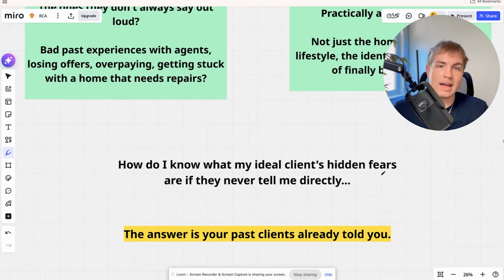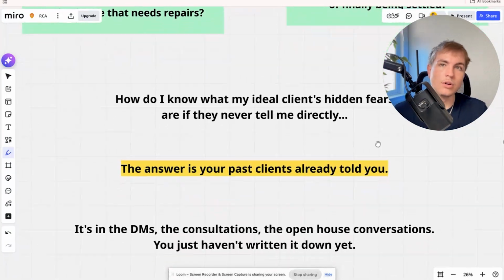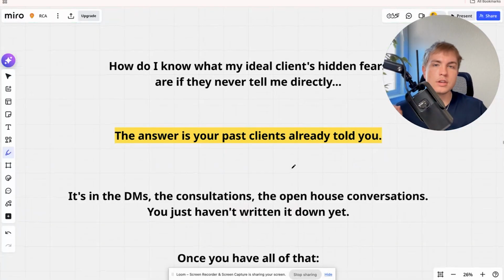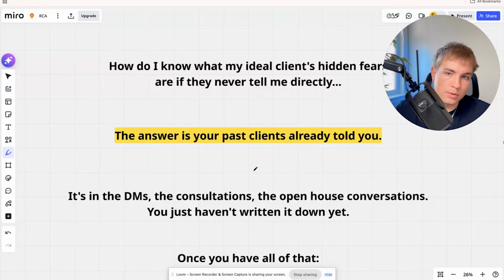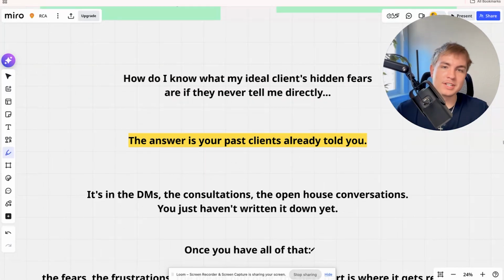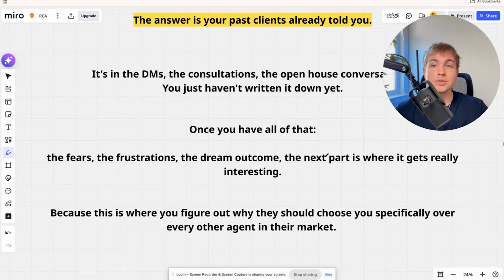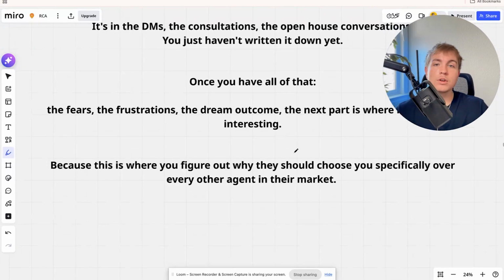And how do you know those fears? You'll only truly understand those when you use answers that your past clients have already told you. It's in your DMs, it's in your conversations, it's in the open house conversations. You just haven't written it all out yet. Once you have all of that, the fears, the frustrations, dream outcomes, that's what comes to the top of the surface. Because this is where you figure out why they should choose you specifically over every other agent in